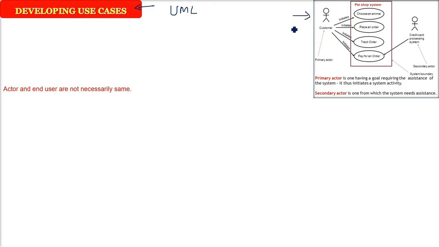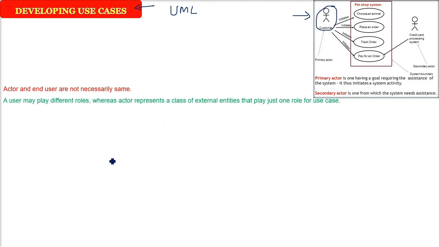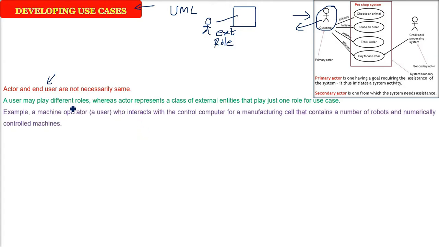So whenever we'll be making a use case, there will be two different things you have to understand. In use case, you will make an actor and there will be an end user, and they are not necessarily the similar entity. So end user will be using it finally, like one person can act as four roles. For example, a user may play different roles. But whenever we are talking about use case, then the actor you are going to define, two things you have to keep in mind. First, the actor has to be external to the system. And the second thing is only one role an actor will play. Only one role.